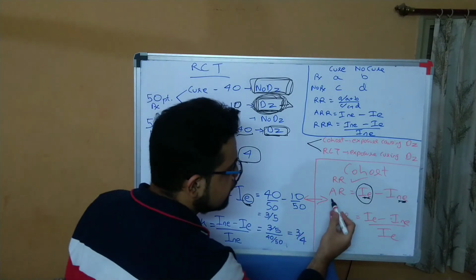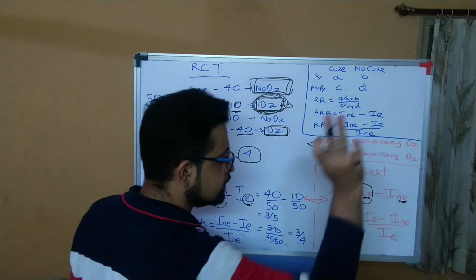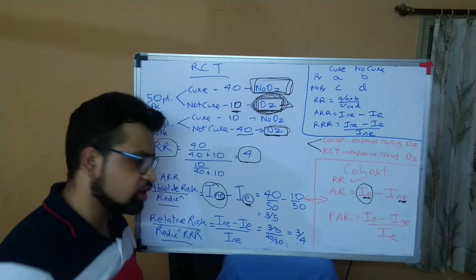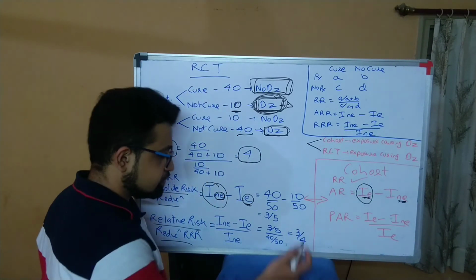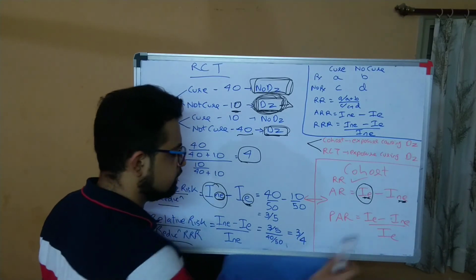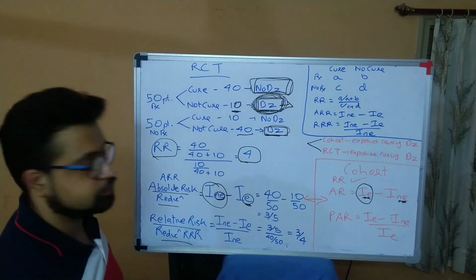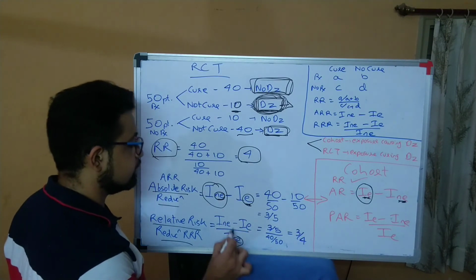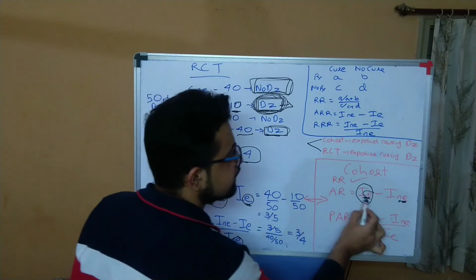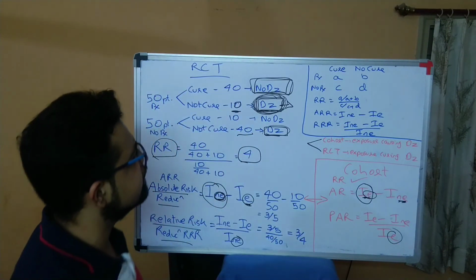In cohort, attributable risk is incidence in exposed minus incidence in non-exposed, the bigger value minus the smaller value. Now, proportional attributable risk, we already discussed: incidence in exposed minus non-exposed divided by exposed. Here it is non-exposed minus exposed divided by non-exposed. So bigger value over here, bigger value over here, bigger value over here, and bigger value over here. Am I making sense? Let us discuss the formula in short.